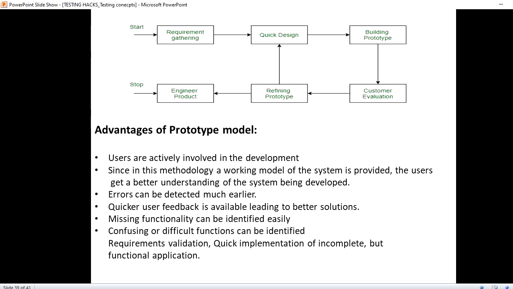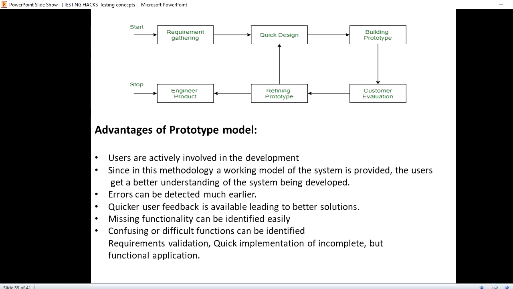Once the prototype is built, the customer evaluation happens, wherein customers will provide their feedback on whether anything needs to be added or removed. With that prototype they will get an idea of whether this is what they want.